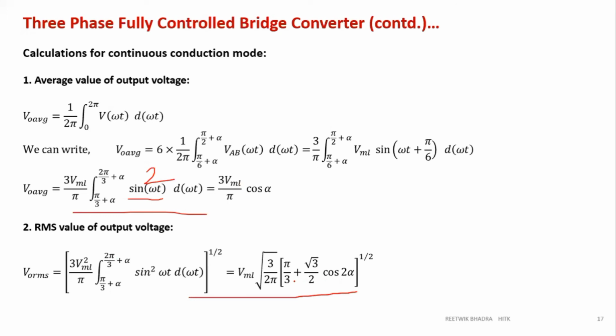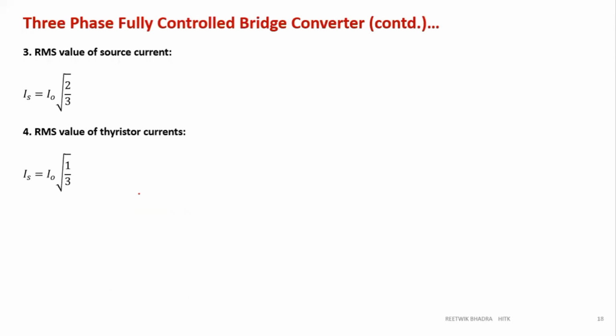See, this is a huge derivation. You can look into the book. I am not focusing on the derivation now. I am focusing on how to give the limits and how the equations are. So this is the point over here, and you can go through this one. So this RMS value of source current, RMS value of thyristor. So this is up to today's lecture. And I have completely explained for you the 3-phase fully controlled rectifier with RL load.